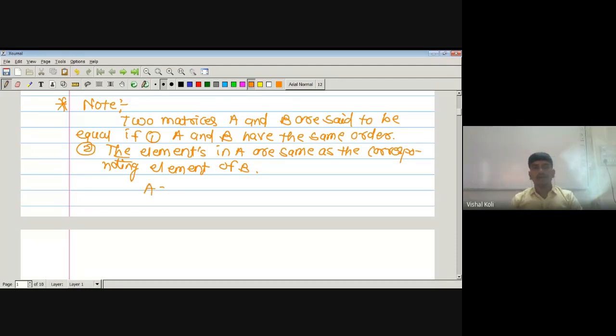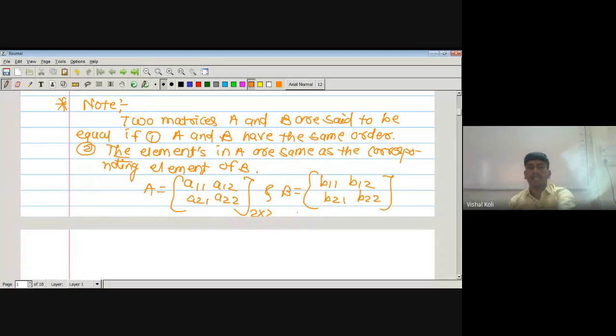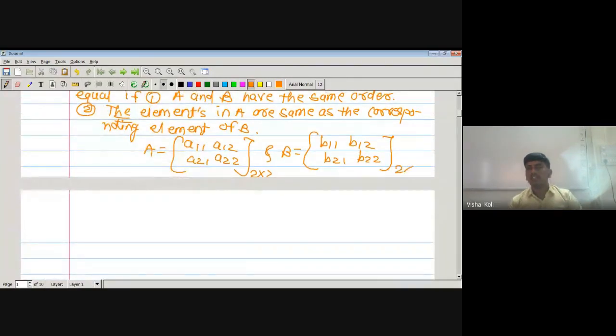That is, suppose A is a matrix which contains these elements A11, A12, A21, and A22, and similarly B is a matrix which is also of order 2 cross 2. This is the matrix of 2 cross 2, and this one is B11, B12, B21, B22. Then these two matrices A and B are equal, as first condition, if they have the same order, and here A and B both have the same order, that is 2 by 2. Therefore, we have to check the second condition, that is the elements in A are the same as the corresponding elements